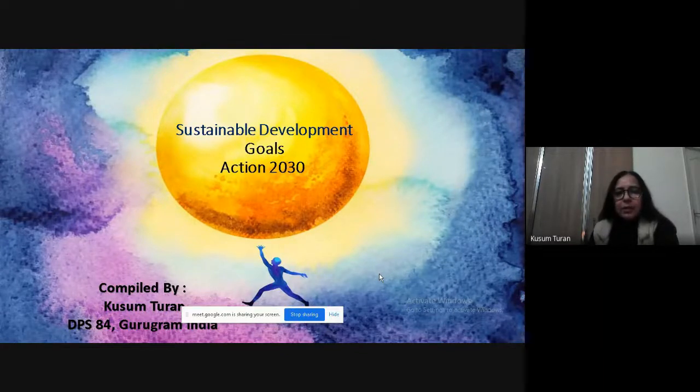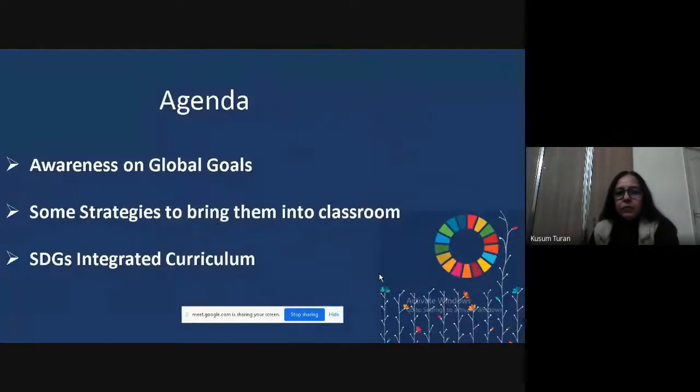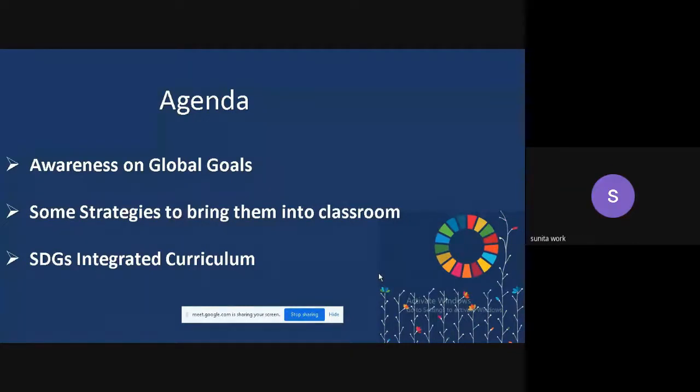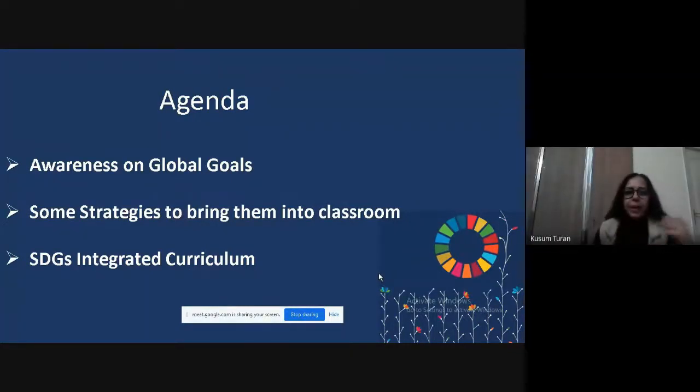So, dear teachers, we all must have heard about these 17 goals. Yes or no? Yes, ma'am. So my observation is, I will quickly browse through the goals once again. There are 17 goals set up by the United Nations Agenda 2015, and we have to work around them. Why we are getting into it, we're going to understand through this session.